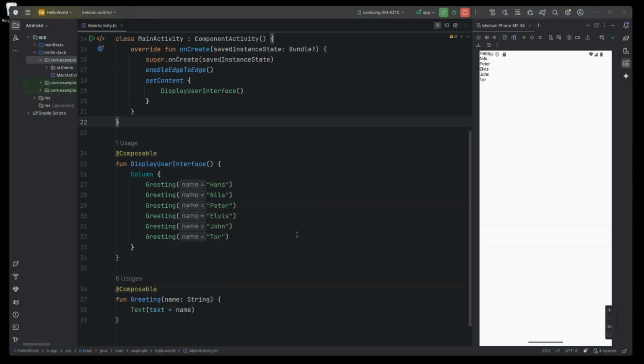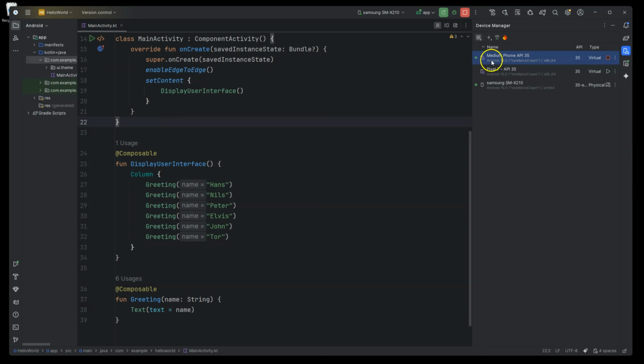to the computer. And then now when I click here on Device Manager, you see we have these two Android emulators. In addition, this one pops up, which is actually my physical Android device, which I hold here in my hand. And now you see also here, you can select either this medium phone or the Pixel 7 Android emulators, or I can select this Samsung device, which is my physical Android device. And now when I click either Run here or refresh,